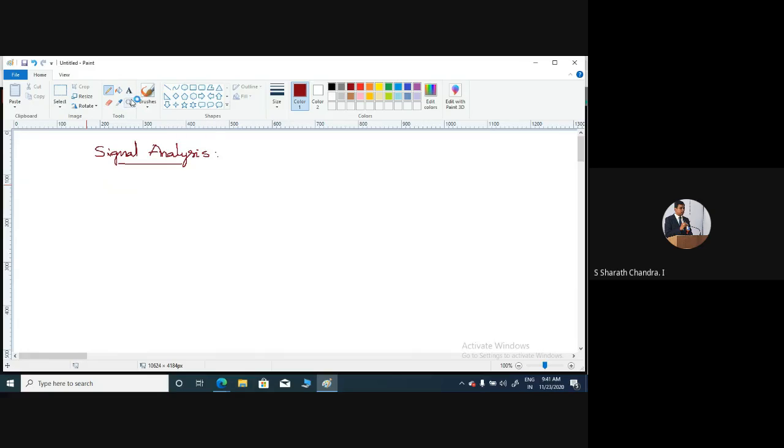How do we represent a signal with respect to another? How do we represent from one domain to another domain? So this particular discussion serves as a basis for the futuristic analysis of signals. It will be very easy to understand or